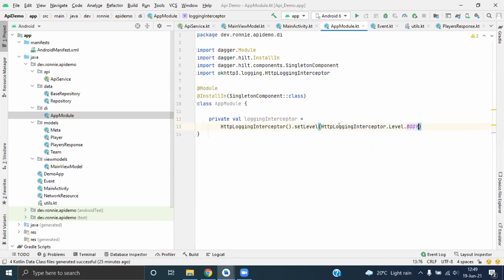This will log everything, like the things that we get from the API. This is used in debug mode. You don't need to use this when you have the app in production, or a release build. So then we can have our client.